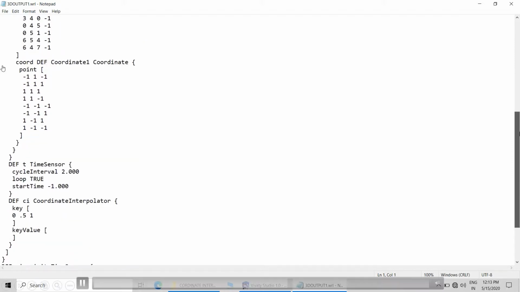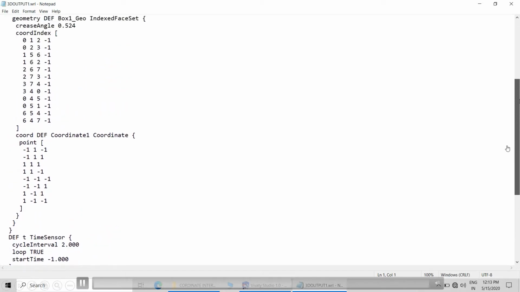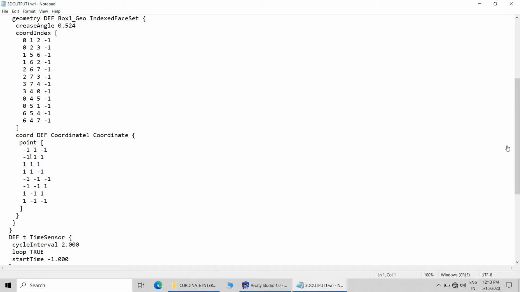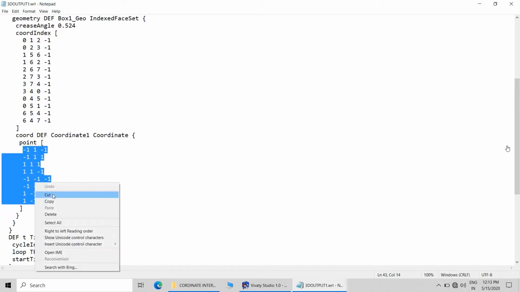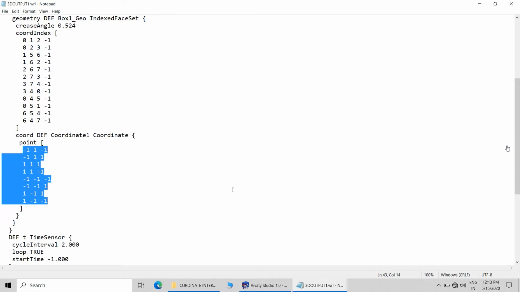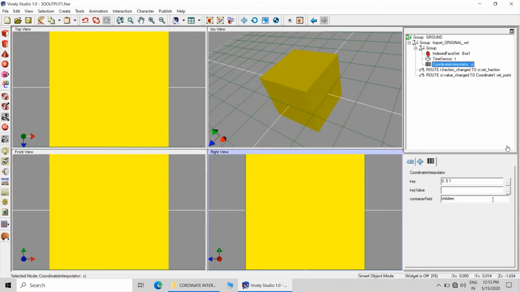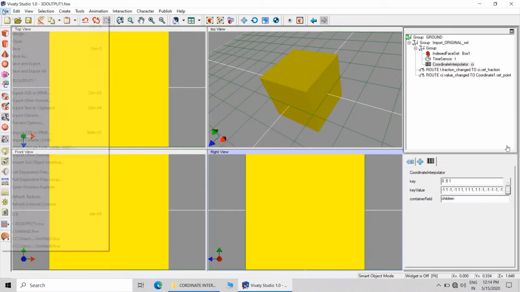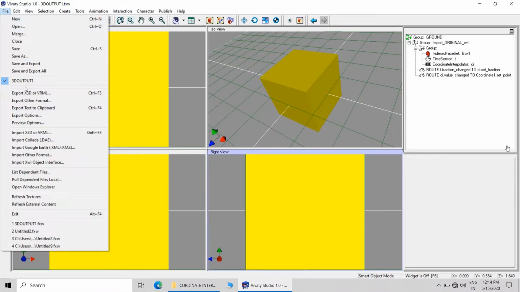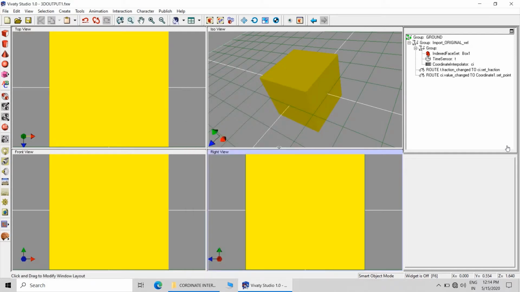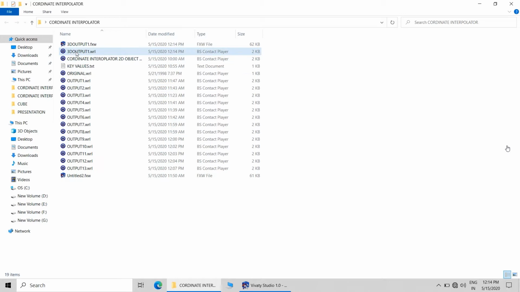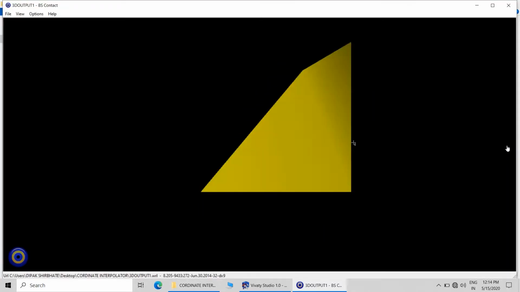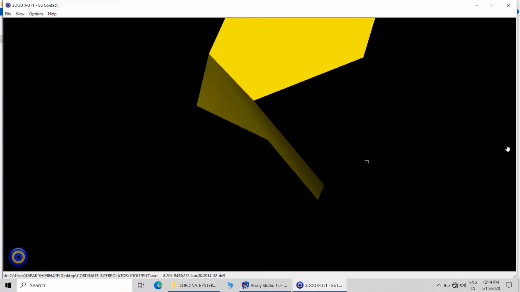These are the required values. So this is the output.